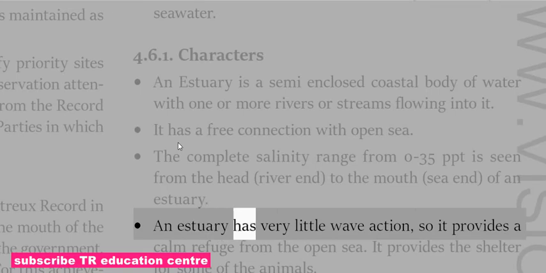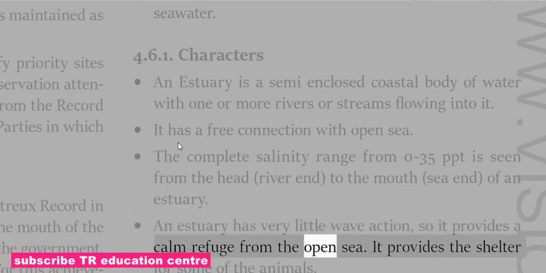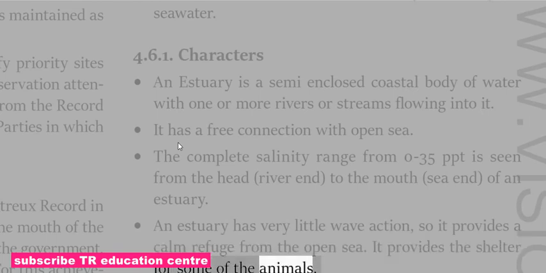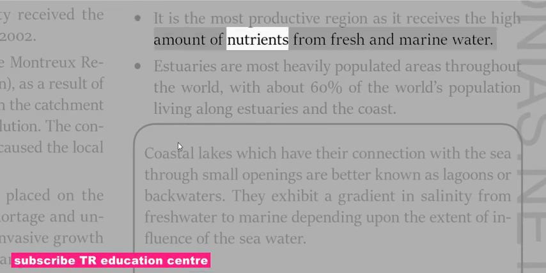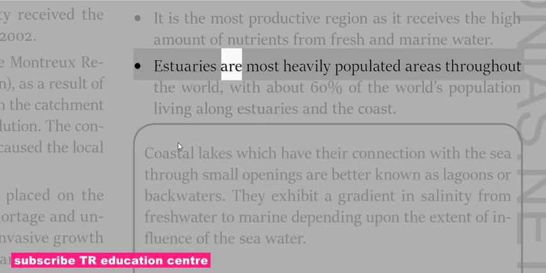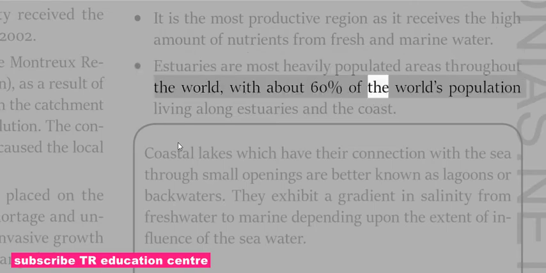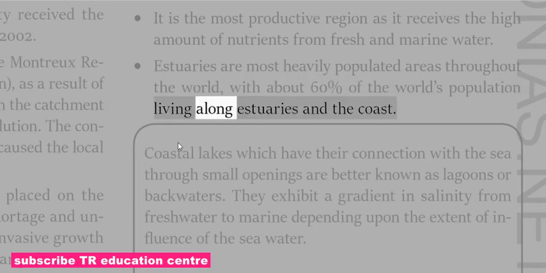An estuary has very little wave action, so it provides a calm refuge from the open sea. It provides the shelter for some of the animals. It is the most productive region as it receives the high amount of nutrients from fresh and marine water. Estuaries are most heavily populated areas throughout the world, with about 60% of the world's population living along estuaries